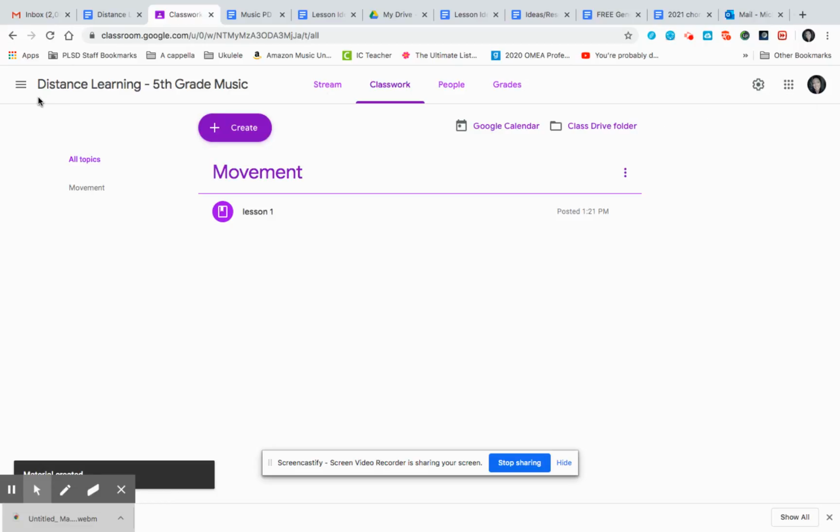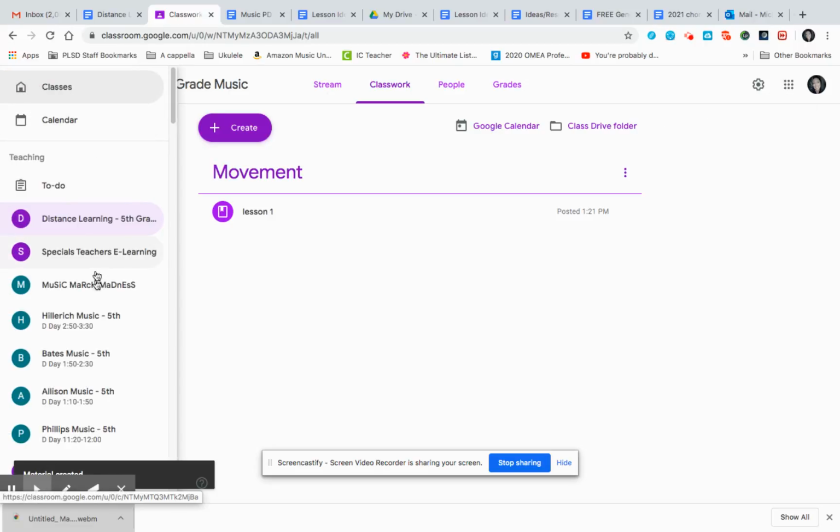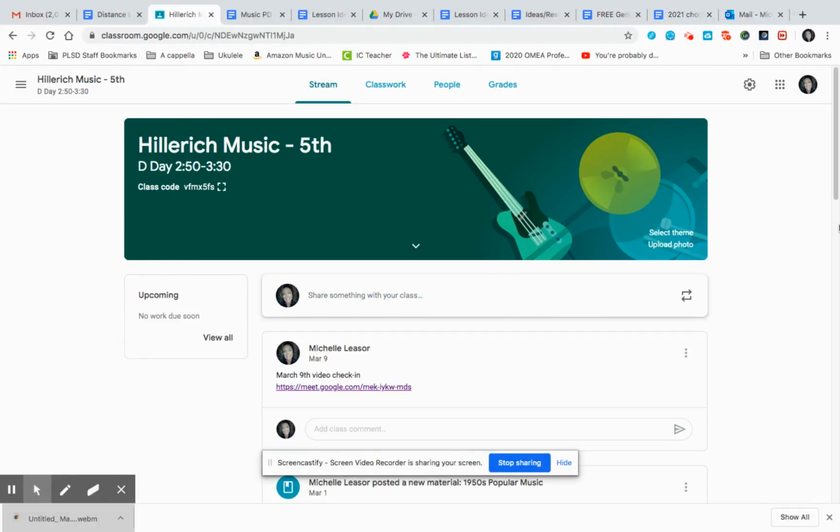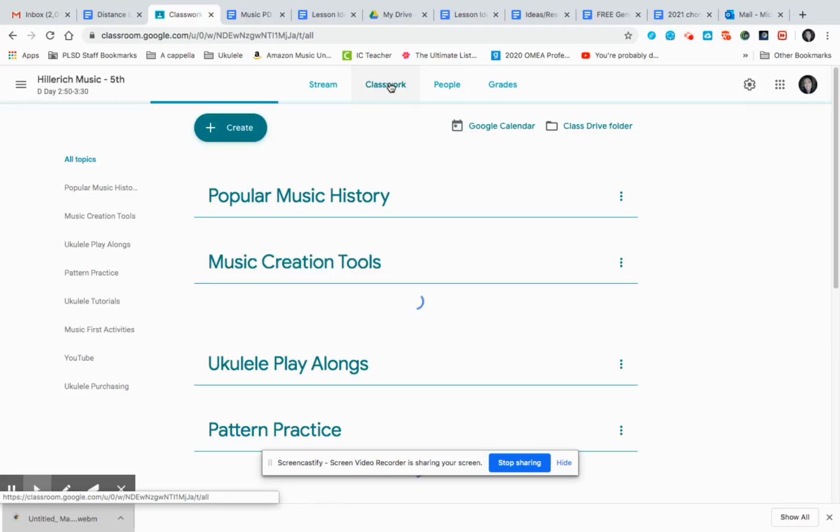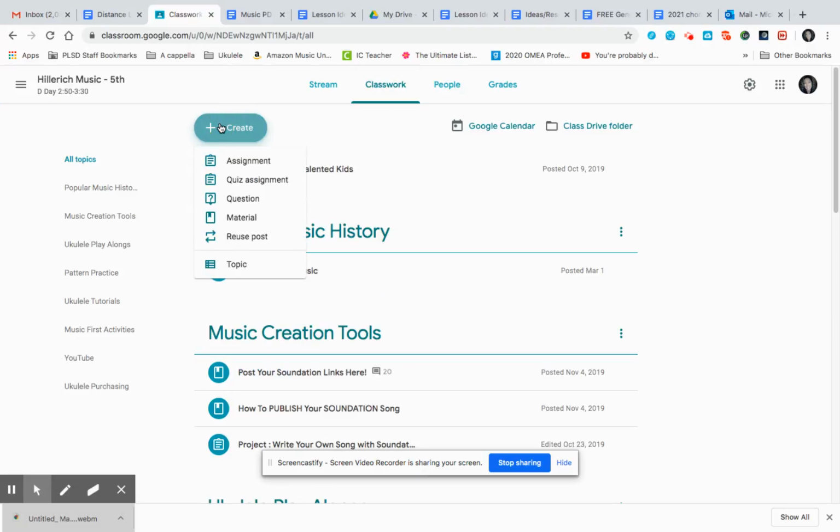But what I'm going to do is go over here to a different class. I'm just going to pull one of my 5th grade classes, Mr. Hillerich, 5th grade teacher. I go up here to classwork, and you can put whatever topic you want. If you want to create a new topic of distance learning and just put the date on it for each lesson that you have, you could do that too. Anyway, go over to reuse post,